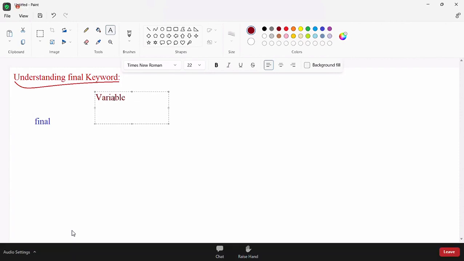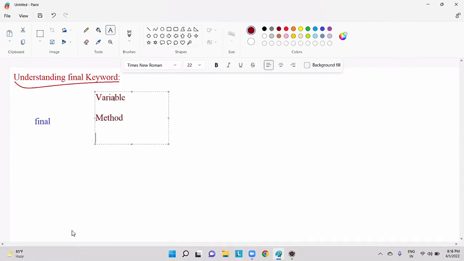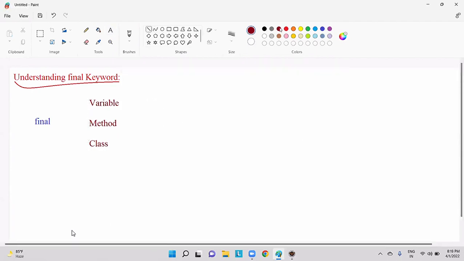Second, a method can be declared as final. And the last one is a class. A class can be declared as final, not a block. So please don't get confused here.